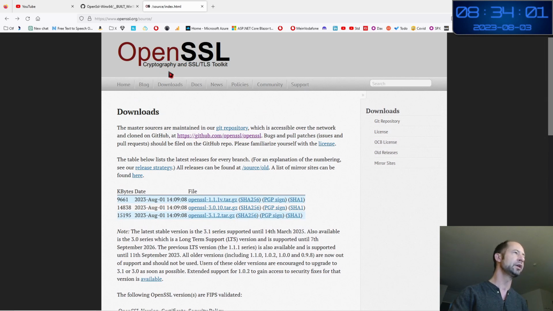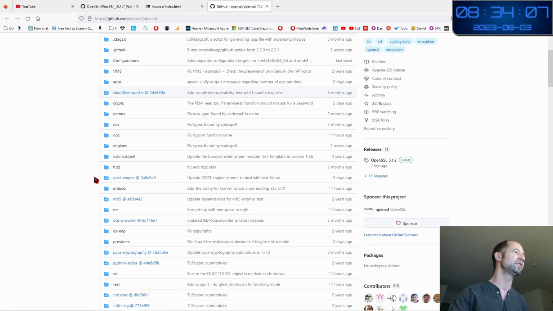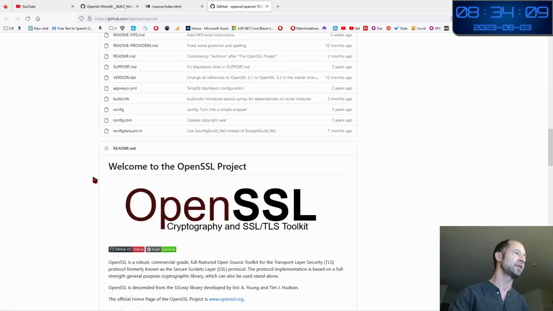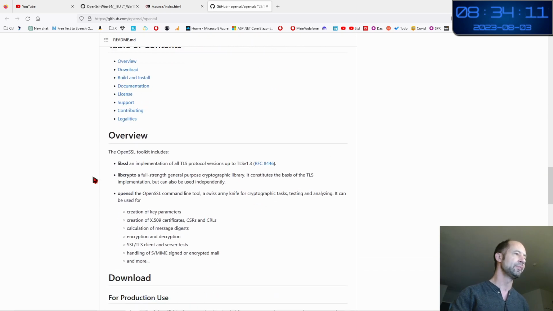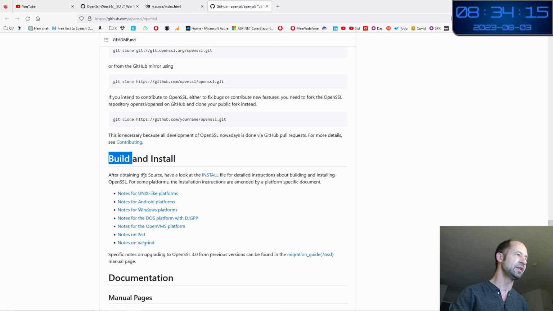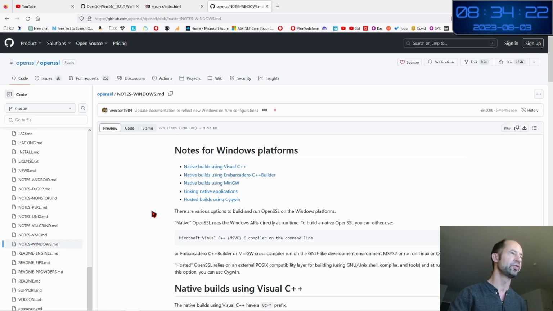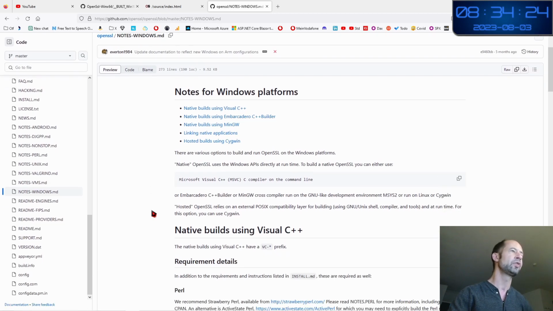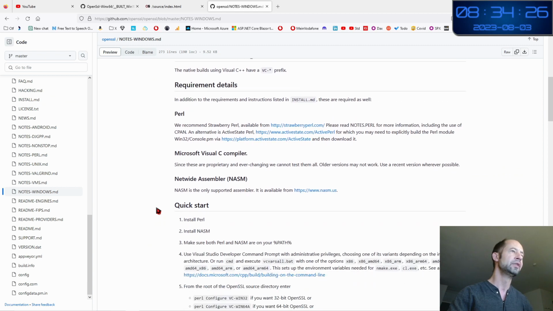First, on the OpenSSL page, here is a GitHub page. What I want to show you is that on this page there are also all the steps that I have described to you. If you go to the end, on build and install, there are steps for the different platforms. Last time we saw the Windows platform from another source, but here you see there are all the steps also, so you can follow these steps.